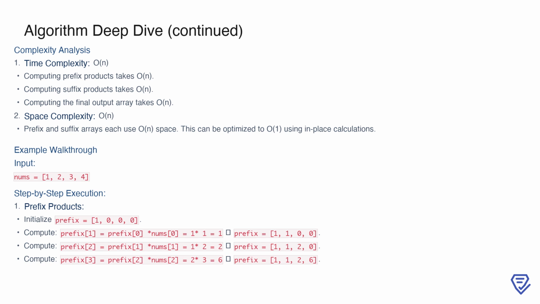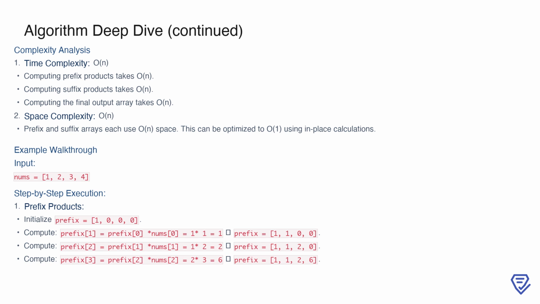Let's go through a concrete example to see how this works. Consider the input array 1, 2, 3, 4. First, we compute the prefix products. Starting with an initial prefix array of 1, 0, 0, 0, we calculate each cumulative product. Prefix 1 becomes 1, prefix 2 becomes 2, and prefix 3 becomes 6, resulting in a final prefix array of